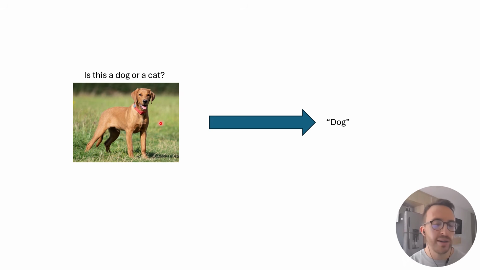How are you going to write a computer program or a flowchart to determine whether it's a dog or a cat? The dog could be any breed, it could be looking in any direction, it could be a cartoon dog. Again, to a human, this is very easy, but to a computer, this is extremely difficult. And to my knowledge, nobody has written a traditional computer program to do that. But we can use AI to answer that question.